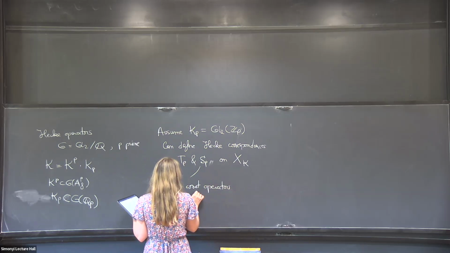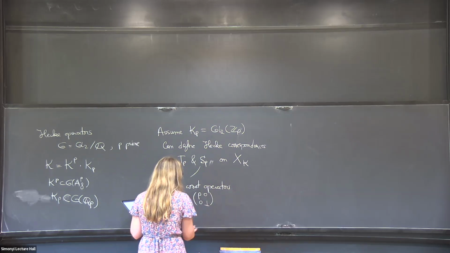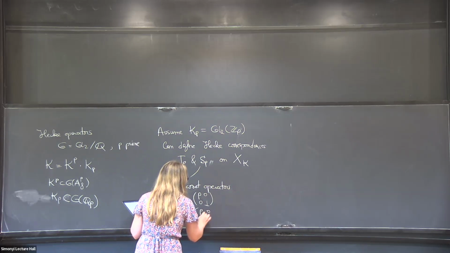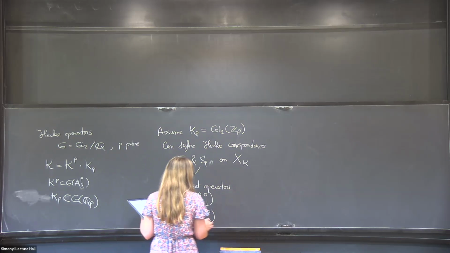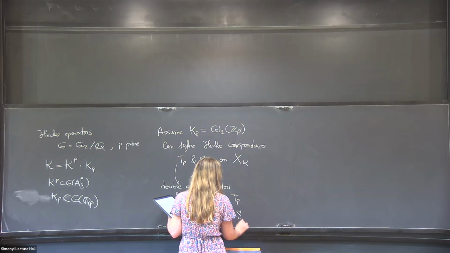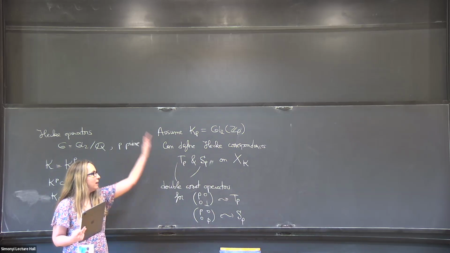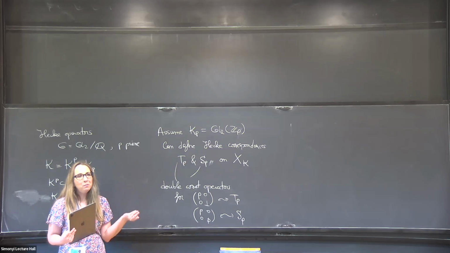For, well, (p 0; 0 1). So this is the one for T_p, and (p 0; 0 1) is the one for S_p. This corresponds to T_p. This corresponds to S_p. And the idea is, again, that what you want is to try to remember the fact that you